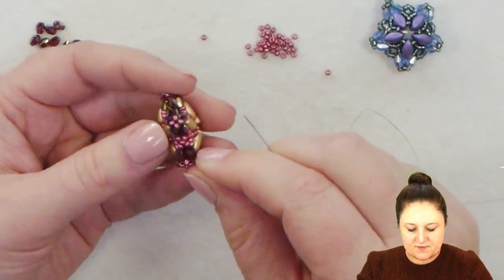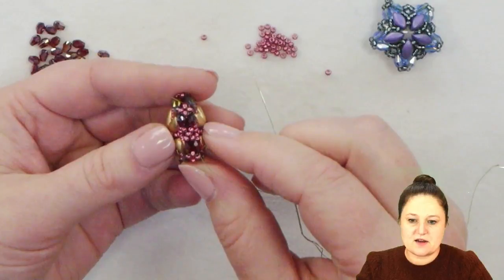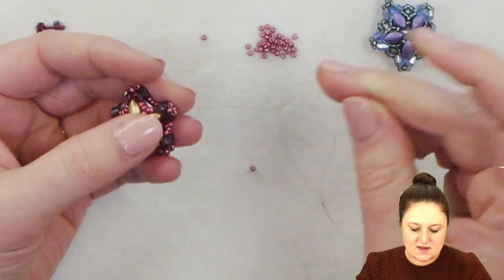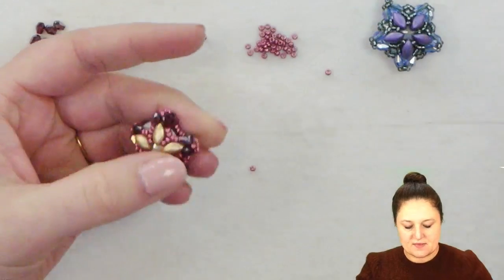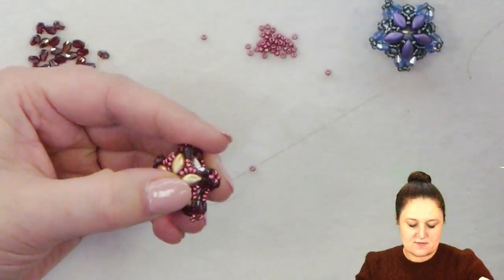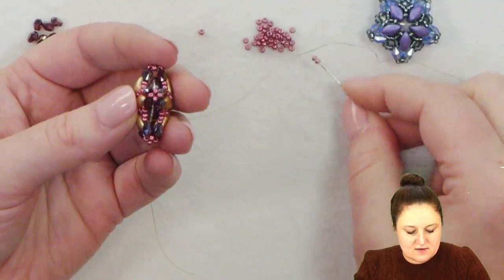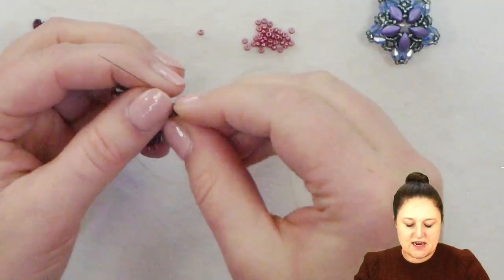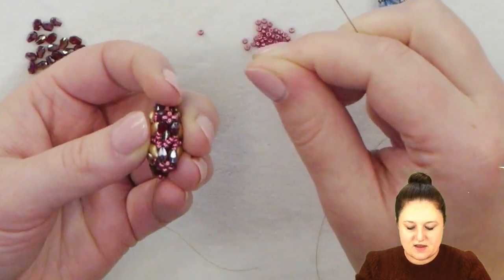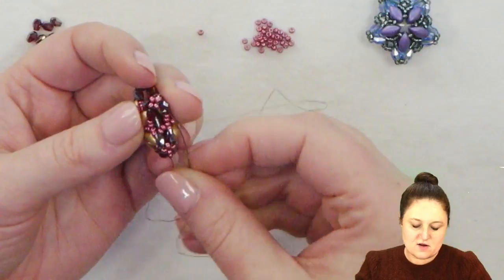And once I go through there, push my beads in place. I've created a nice tight little closure there, and I've closed up that empty gap. So I'm going to move on here and go over to the next gap. Going to go through my crystal, my first drop, pick up 3 11-0s, and then I'm going to take these 11-0s and sort of crisscross them over this opening, go up my drop on the opposite side,